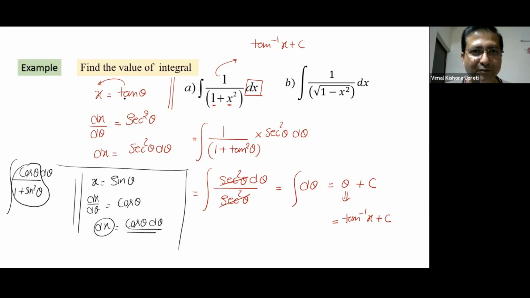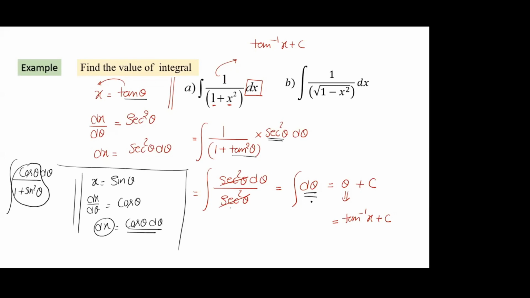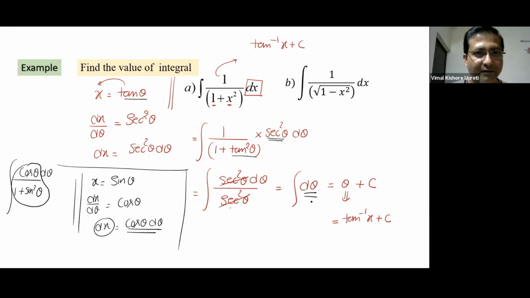But see, when I assume tan theta over here, 1 plus tan square theta is sec square theta, and in the numerator also sec square theta is coming. These two will get cancelled out. We got it in this simple format. Sir, then it will work with cot theta also, right? It will work. Trigonometric functions have relations, right?